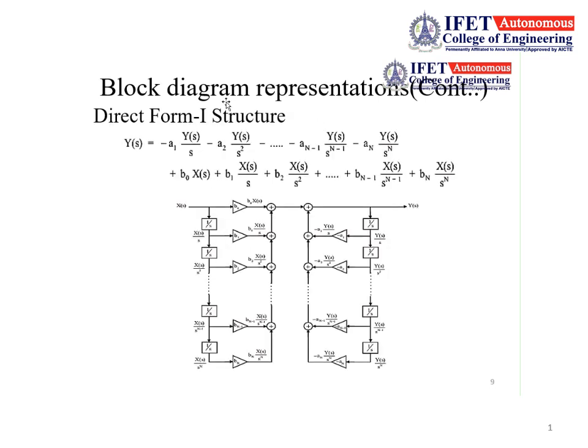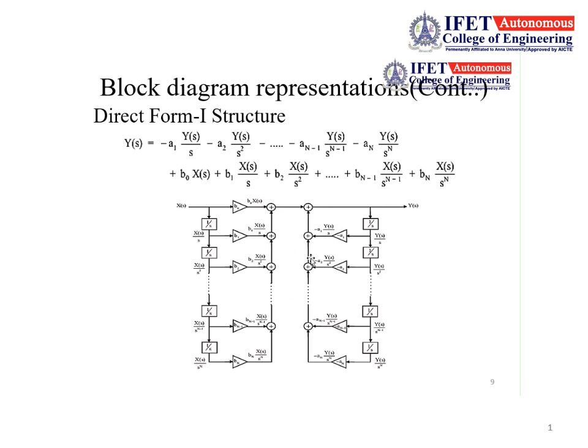So here in the direct form 1, let us see this direct form 1 structure. Here you have the S domain representation of that differential equation that we have already seen in the previous slide. We can write this S domain representation as y of s equal to minus a1 y of s by s minus a2 y of s by s square, etc., up to an. Similarly for the input in the S domain, b0 into x of s plus b1 into x of s by s up to bn into x of s by s power n, and